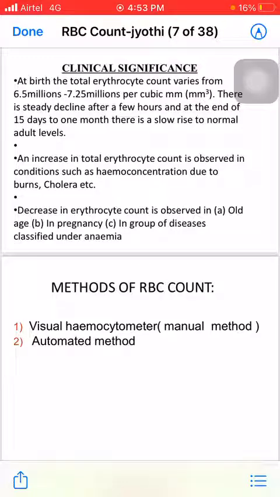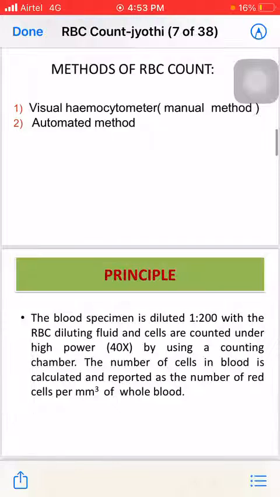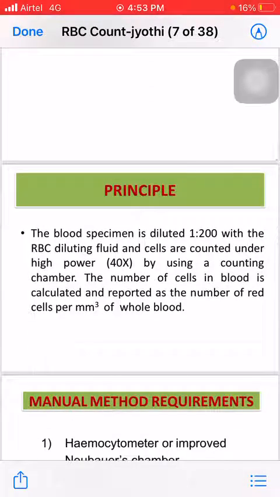So we have an equipment which is called a hemocytometer. The hemocytometer is mainly a meter which is used to count the cells of the blood. So basically the manual method is using a hemocytometer, where the blood specimen is diluted 1:200 with the